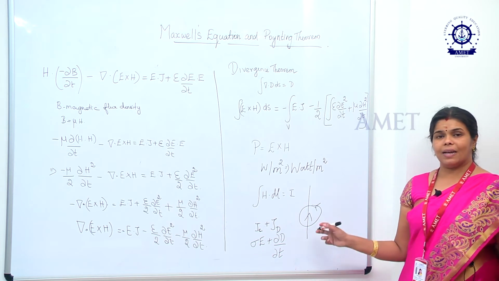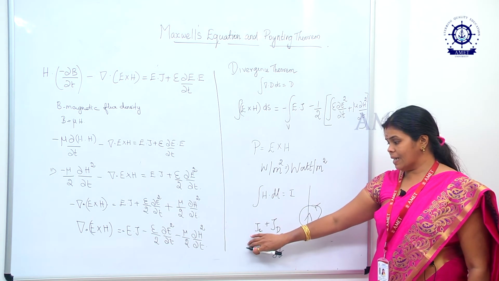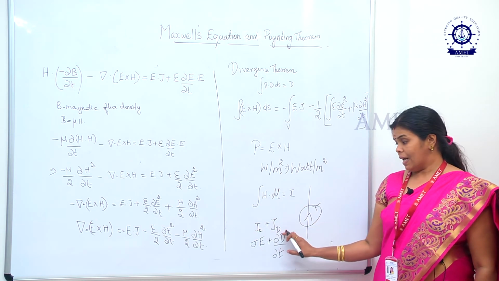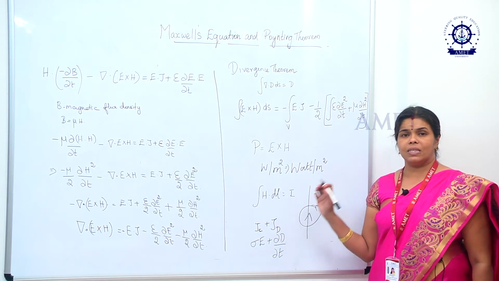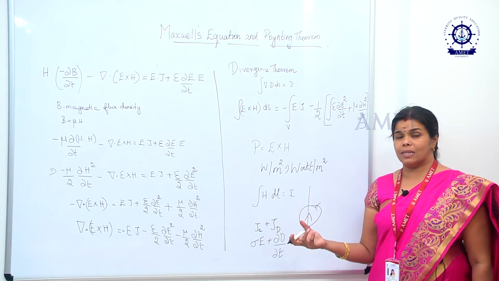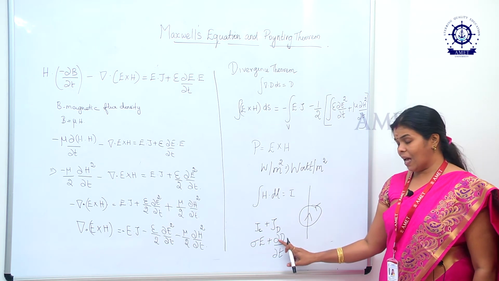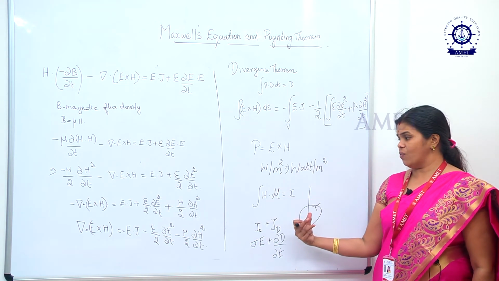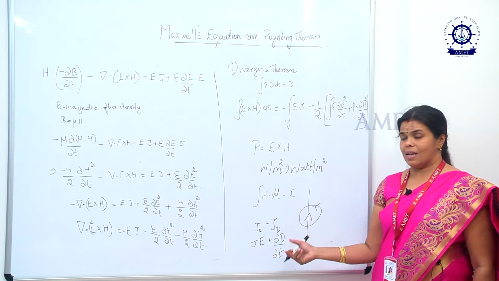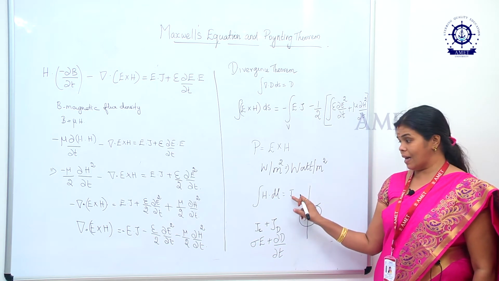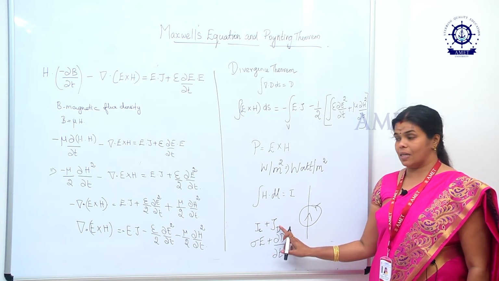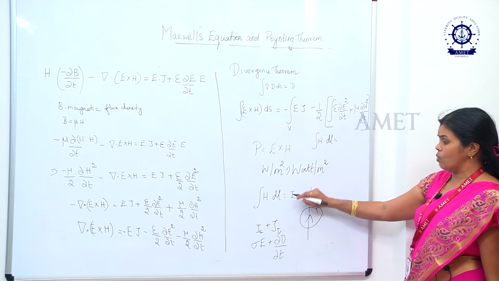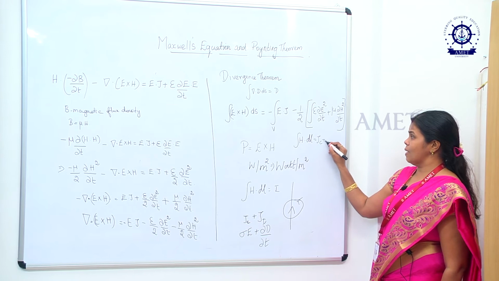So displacement current and conduction current: if the conductor has only the resistance value, then we have the conduction current, and if there is any displacement effect, which means the capacitance effect, then we have the displacement current density. So only then the Ampere's law can be called the modified Ampere's law. Instead of using the current term, we are using the current density term. So the same H dot dl, instead of I, we have Jc plus Jd.